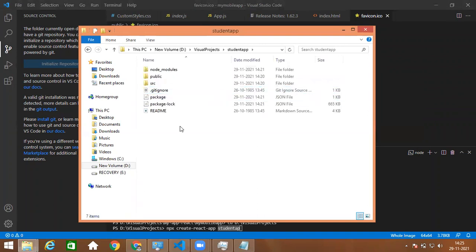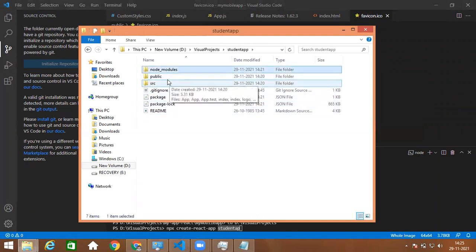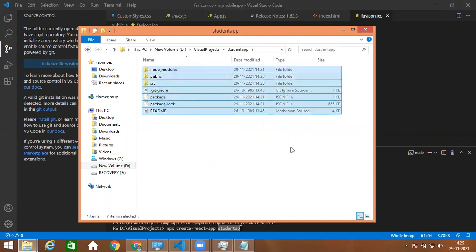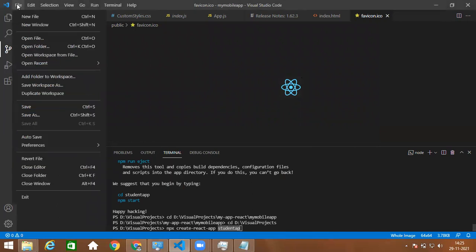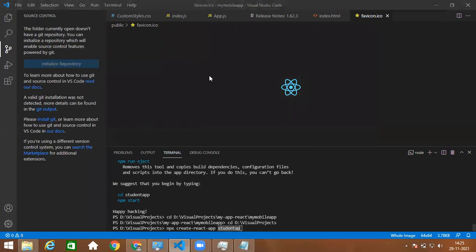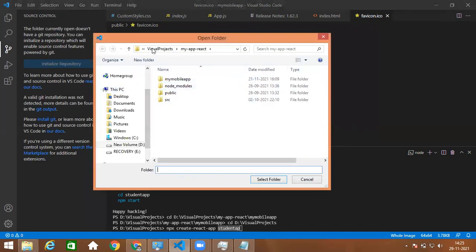Now the project is created with the node modules, public and src source folders. Whatever libraries are required to run your React.js application are all created in this folder. Once it is ready, you can go to File and open the folder. Go to the folder where you created your React.js application.